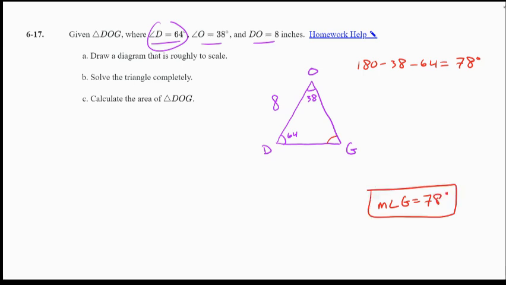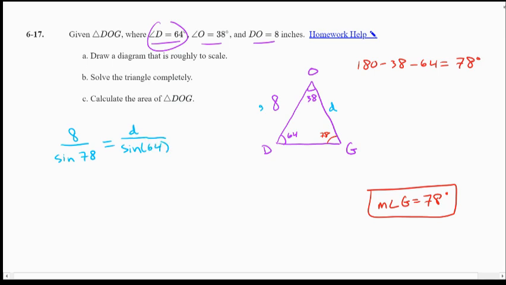Second thing I'm going to do is start finding some side lengths, and to do so, I am going to use the law of sines. So in this case here, I'll go ahead and find little d, the one opposite of the big D. And to do this, law of sines tells me that I can set it up as, I'll use 8, which is a side length of G, or little g, over sine of G, which is 78, we just found that out, is equal to the side length of little d over sine of its opposite angle here,